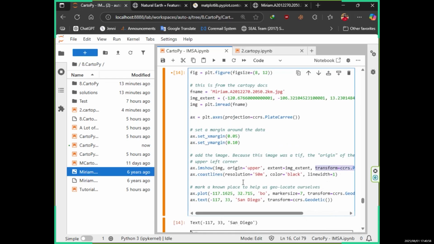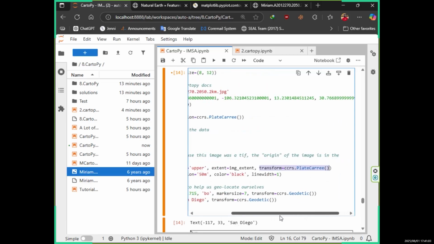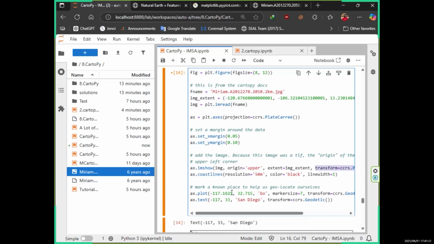It will also understand, okay, I am going to plot an image, but this image also has latitude and longitude extents. So plot this image according to the format that I specified, and then display the coastlines, and then